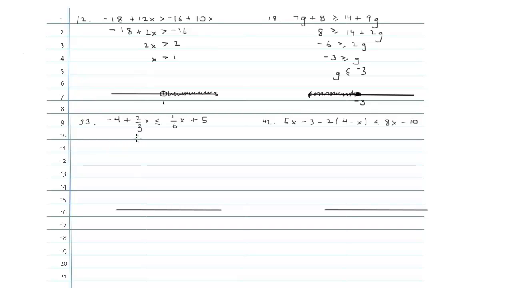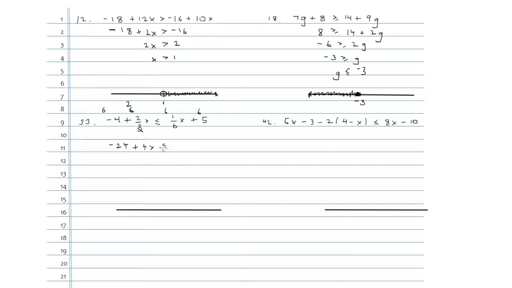Here, because we have fractions, I want to get rid of those fractions, so I'm going to multiply everything in this problem by the least common denominator. Between a 6 and a 3, we'll multiply everything by 6. 6 and the negative 4 will make a negative 24. 3 goes into the 6 2 times. 2 times 2 will leave me with 4x